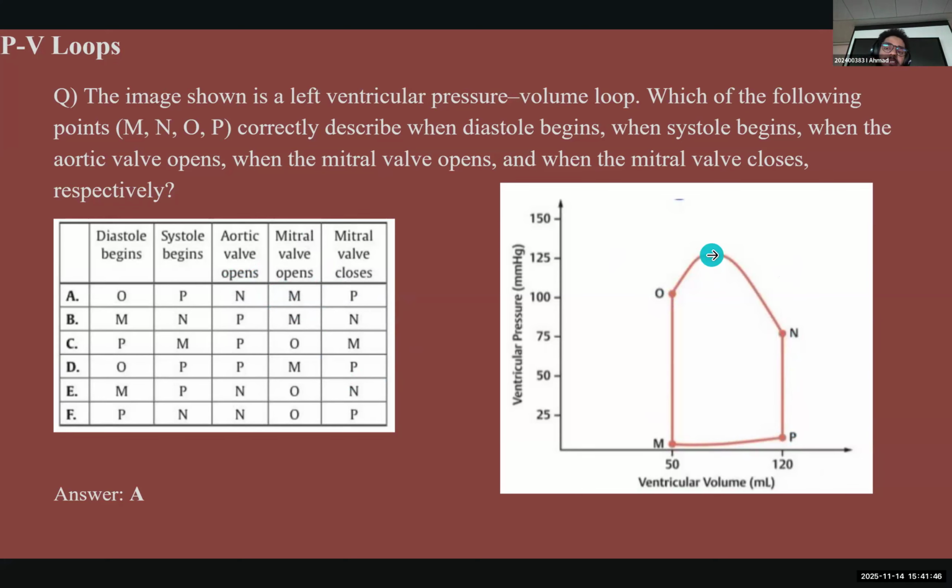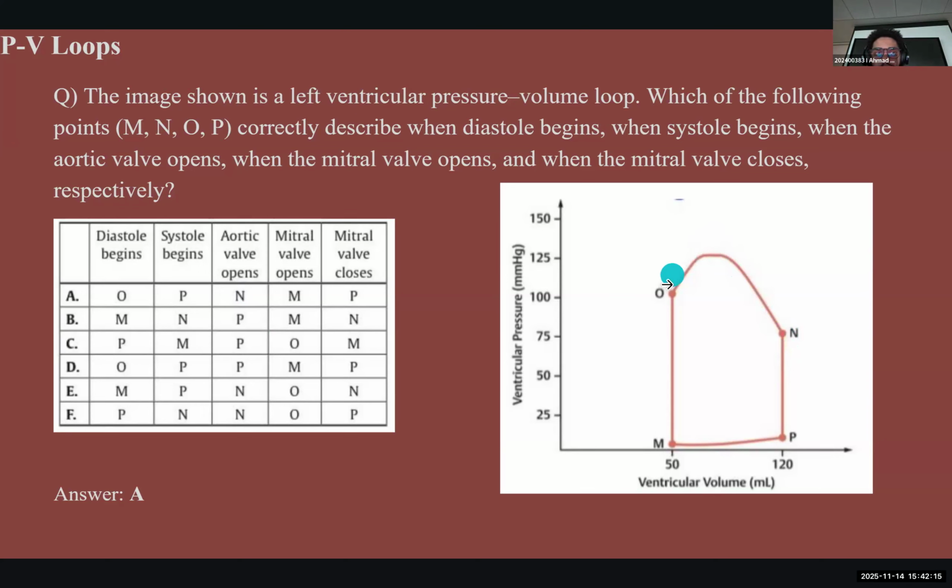We've got a decrease in volume. So this means that the aortic valve opened, point N, and the ventricle is now ejecting the blood rapidly from the ventricle to the aorta. As a result, this is the rapid ejection phase. We could see the volume is going down, or the pressure is going up because the ventricle is contracting. Eventually, this is the slow ejection phase.